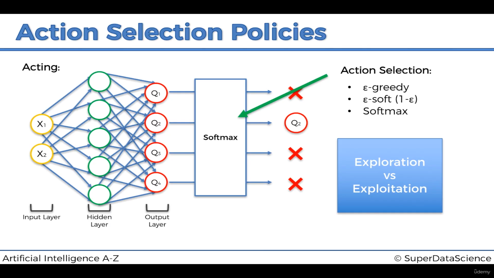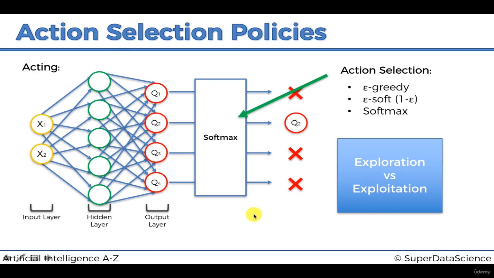And now that it's biased towards this action, it thinks it's a good action, it's going to keep taking this action, it's going to keep getting a good reward. But what if this other action would have been even better? If this action would have been so much better that, if it knew about it, it would actually switch to it. But because it got stuck in a local maximum and is getting these good rewards, it's just going to keep reinforcing itself, or the environment is going to reinforce it, that this is a good action to take, keep doing that. But the reality is that there's this other action that it hasn't found yet or hasn't even explored that would have been much better.